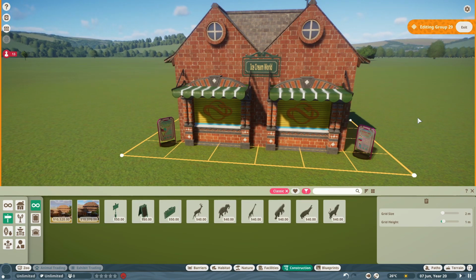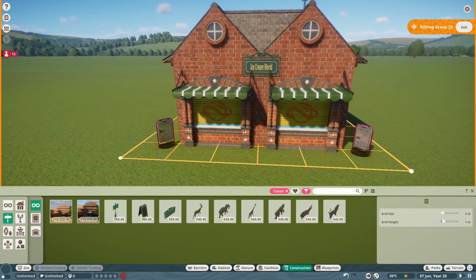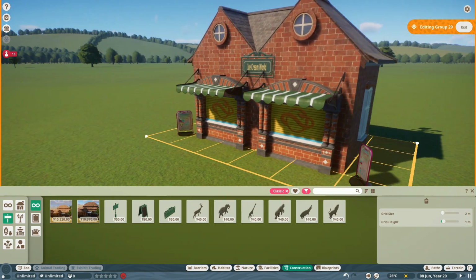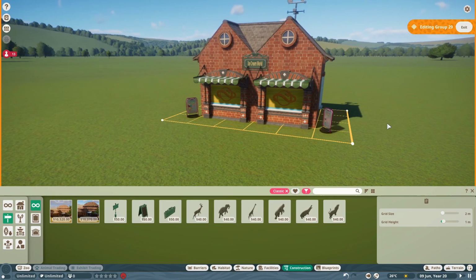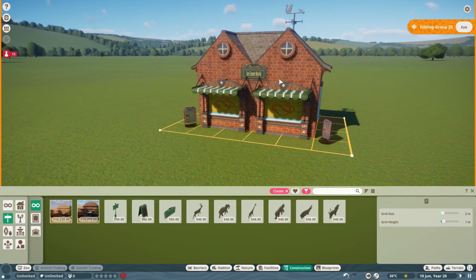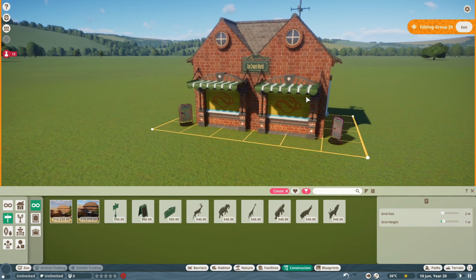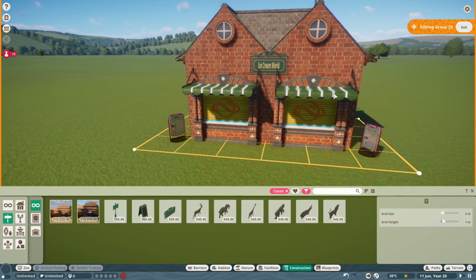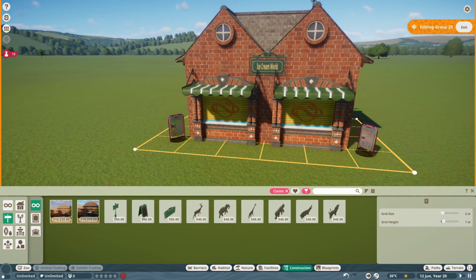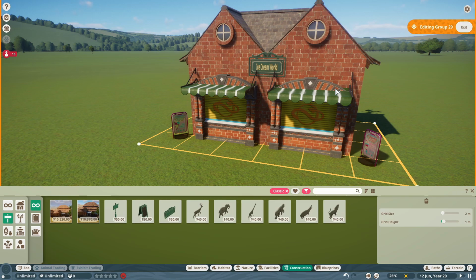And what then? Maybe you want some decorations around the building. I mean, this is perfectly fine. You can save the building as it is and use it as a template for all your ice cream needs. But I like to add a little bit more detail to my buildings. So